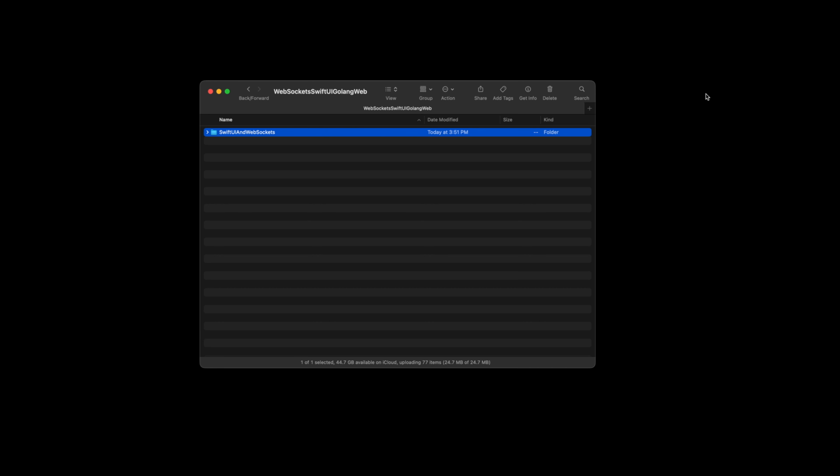First, I will create our iOS project. With the iOS project, I will connect to our Piesocket WebSocket server and also to our Golang WebSocket server. Now, first, I will start creating our iOS application. In our iOS application, first I will create a file which we will call our model. For example,